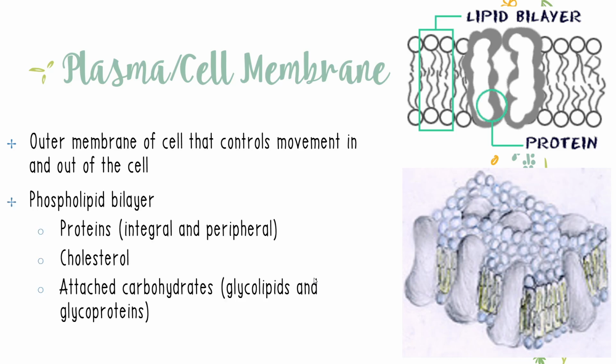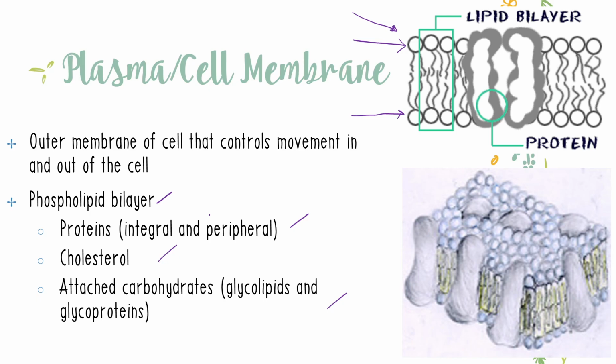So we all know that your cell membrane is composed of a phospholipid bilayer, looking at this image. Kaya siya bilayer because it is grouped together. May isang line of phospholipids here and another here, grouped together forming a double layer. And your phospholipid bilayer, your plasma membrane, are composed of the following. So you could either find a protein, a cholesterol, or attached carbohydrates either inside or outside or lining lang sa